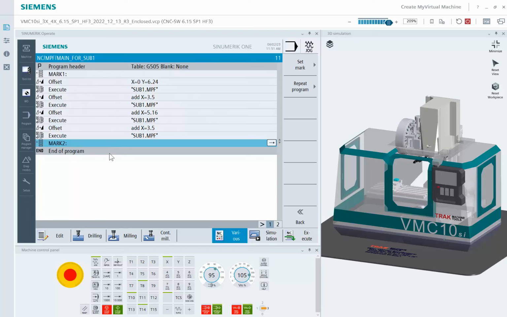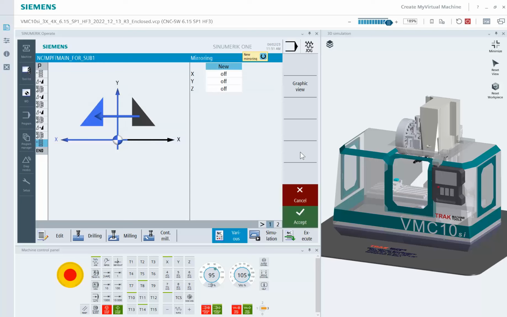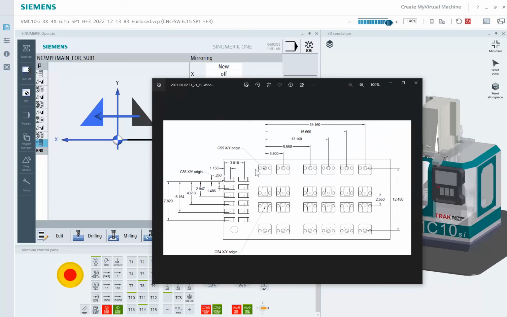Now I don't want to call it up right now to do the repeat program because it would just go over top of itself. So I need to add in the mirror, right? So we're going to go back a couple screens, go back to transformation, and jump over to the mirror event. Now mirroring always goofs me up because if I would look at this part and say, okay, well, what am I mirroring? I'm mirroring about my x-axis, right? There's my x. But for us, it's not the axis I'm mirroring about, it's the axis direction I'm mirroring in. So this is actually a